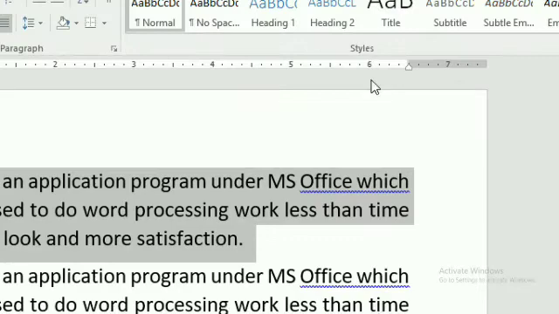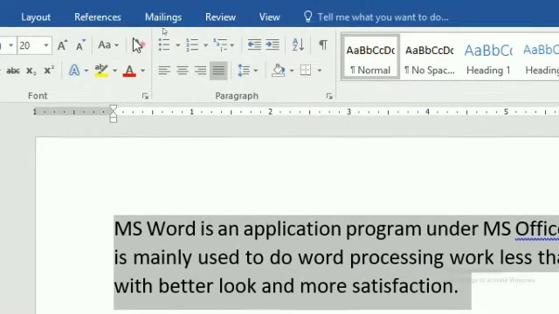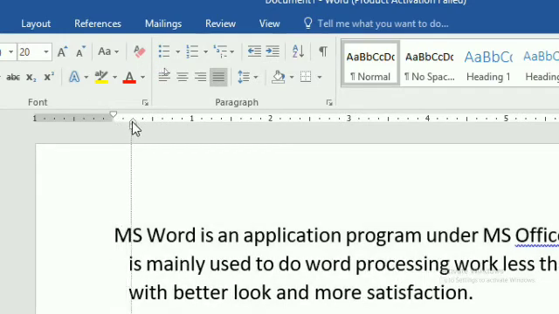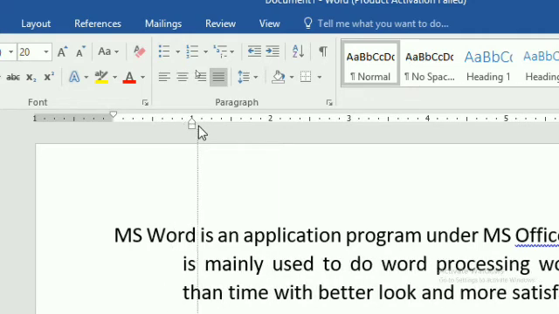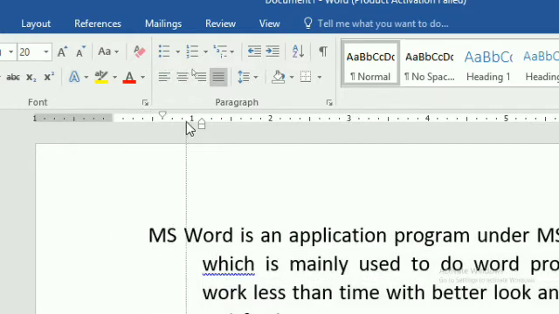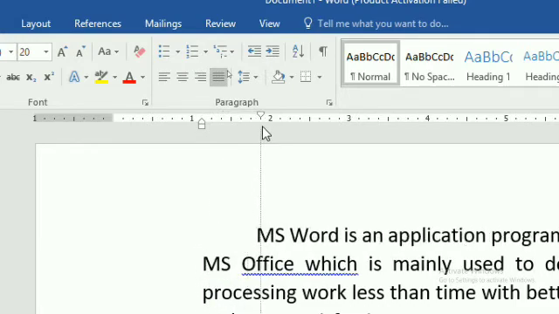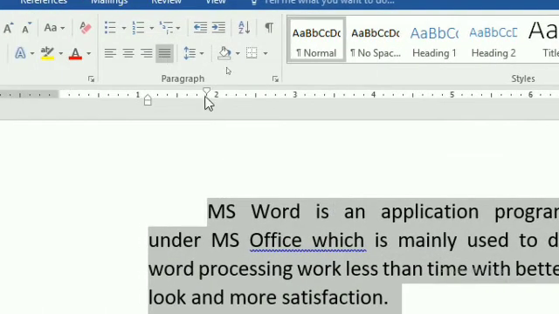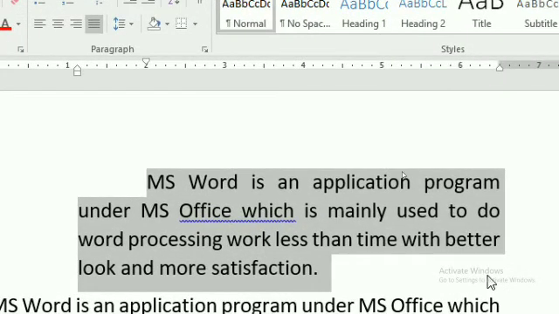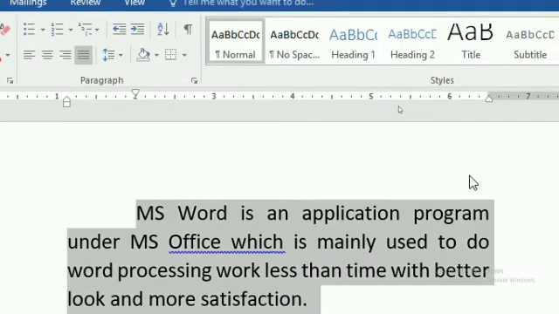And now come to the next option, students. So before doing another option, the hanging indent. Now see, hanging indent means except for the first line we can align every line. So now see the content position. The first line location is as it is, but the other lines' location is changed. Now see, this is the document formation. This task is very easy. Only move your indent buttons. Now see the condition of your text.